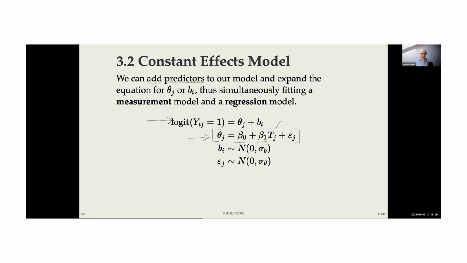But what I want to point out is that beta 1 is just a single number in this model, right? I am assuming, by fitting this model, that treatment is impacting all items equally, because whatever beta 1 is, that will be equal across all of the items. So to relax this assumption,